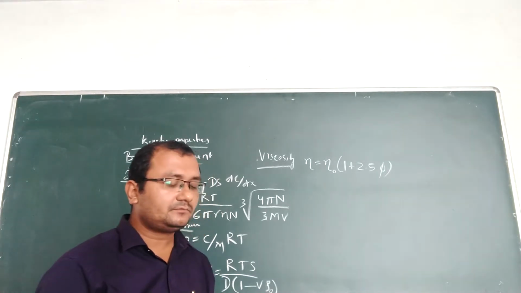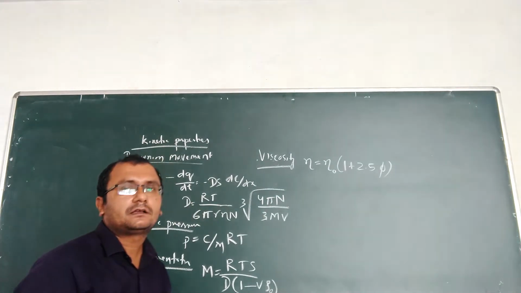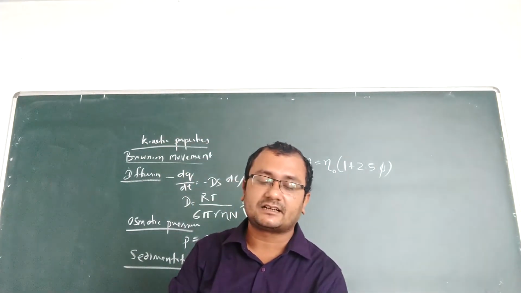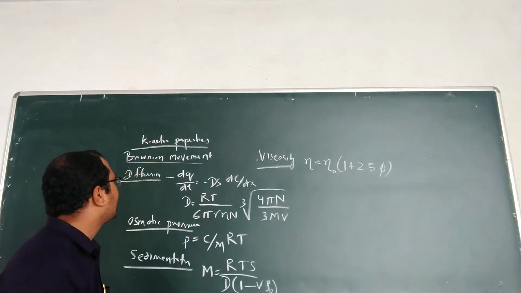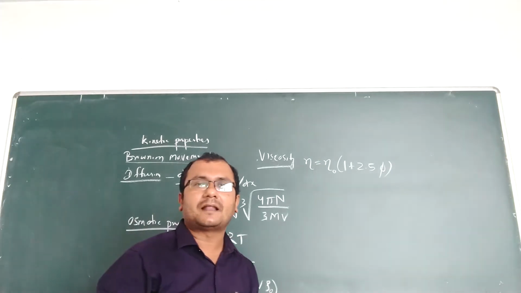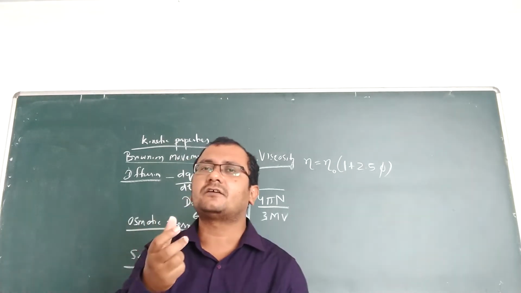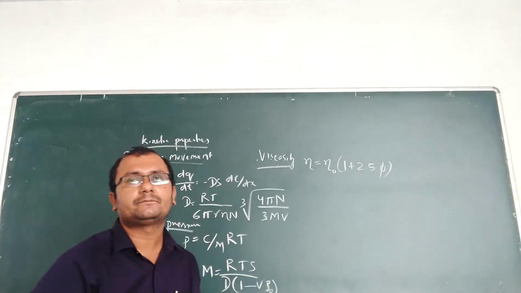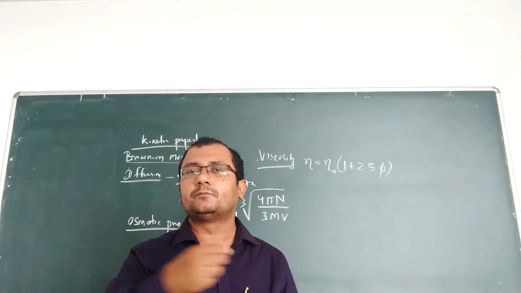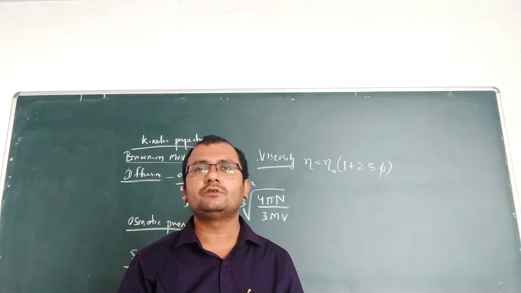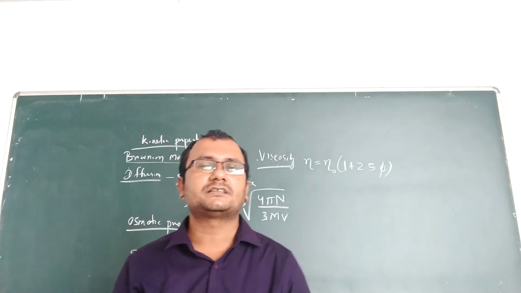With this, there are some other properties also, that is, the kinetic properties of colloids. So let us discuss the kinetic properties of colloids. The first one is Brownian movement. Brownian movement means when the particle size is in the range of 0.5 micron, it will automatically move in a particular motion. It will not sediment. It will move randomly inside the bulk of the solution.